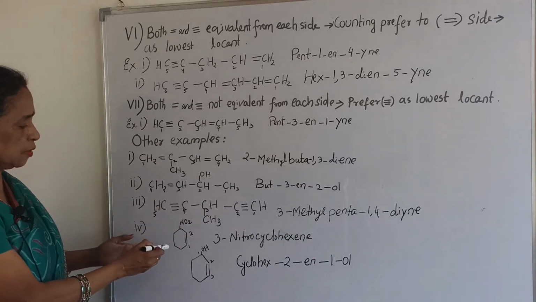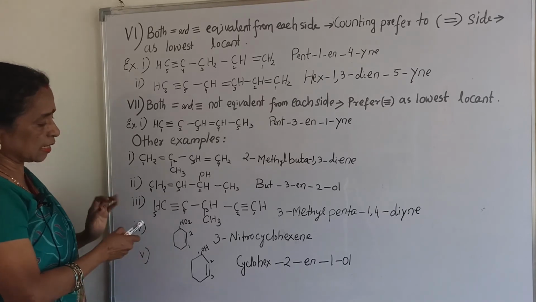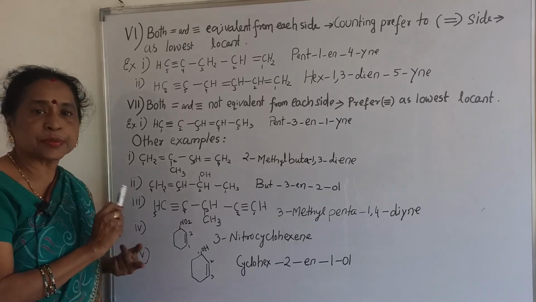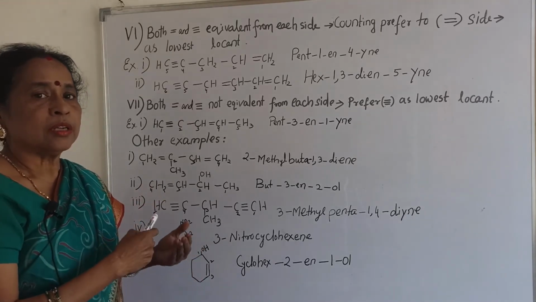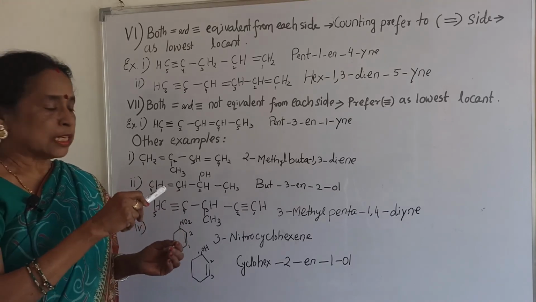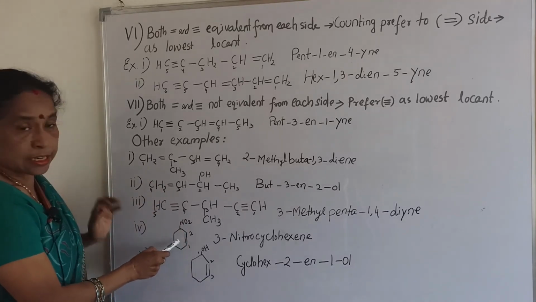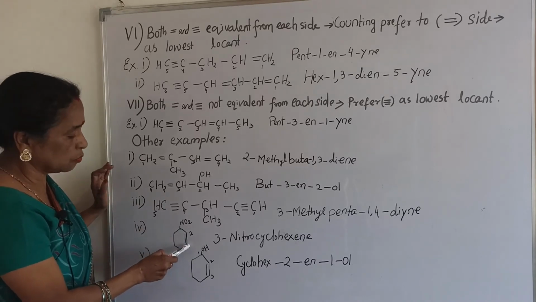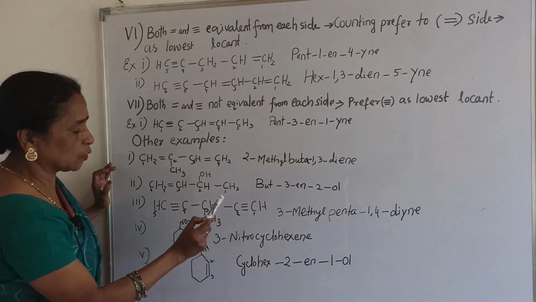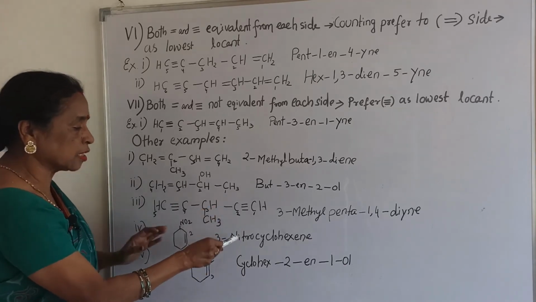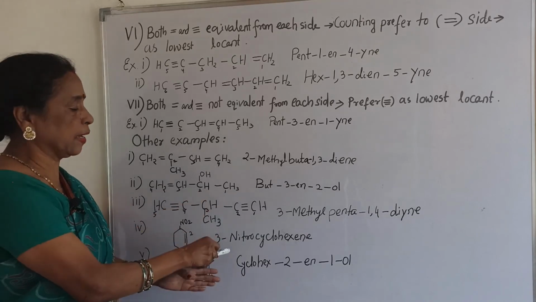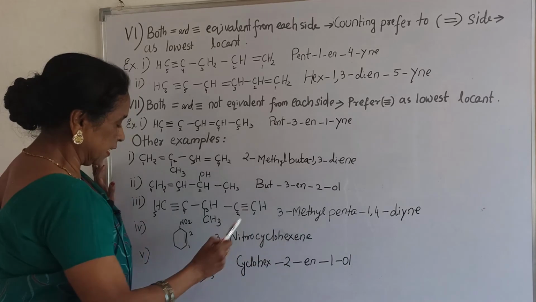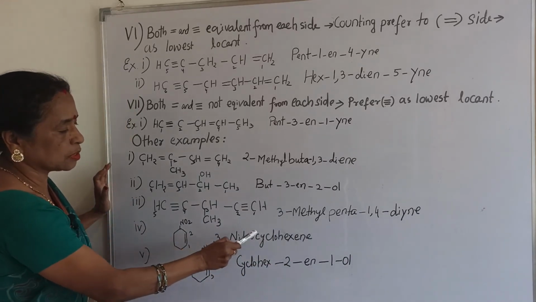Then here you can observe one type of cyclohexane. In cyclohexane, there is a double bond, so it is cyclohexene. In cyclohexene, one substituent is there, that is nitro. We already know that nitro and chloro should be treated as prefixes. And the double bond is there. So 1, 2, 3. One double bond, 1, 2, 3. So it is 3-nitro. The nitro word should come first, acting as a prefix to the hydrocarbon. So 3-nitrocyclohexene.